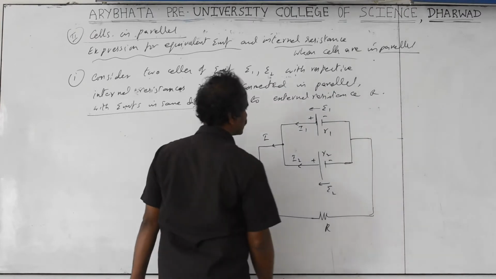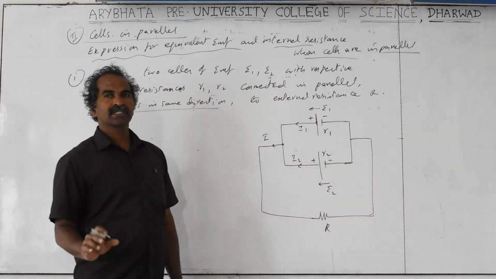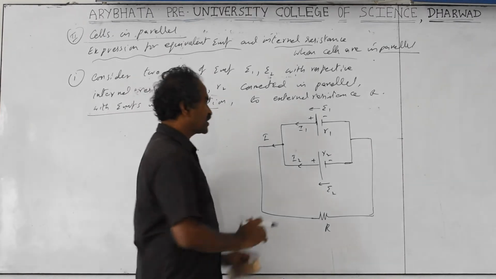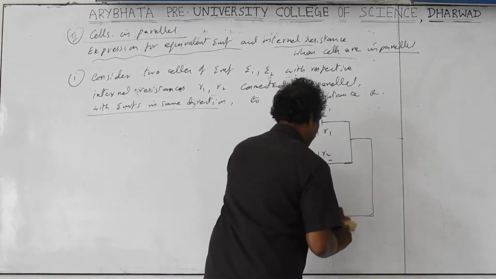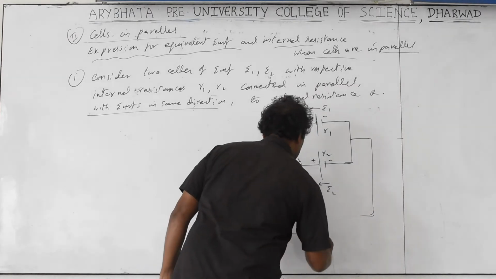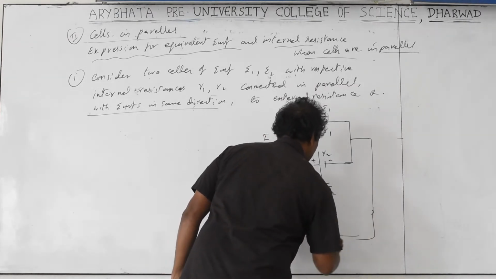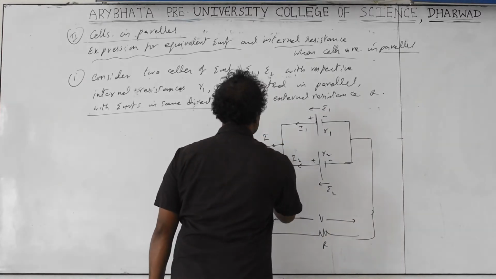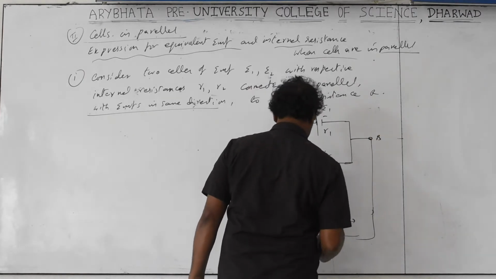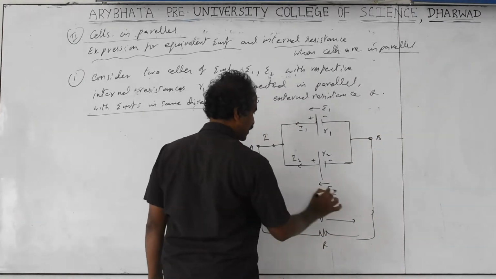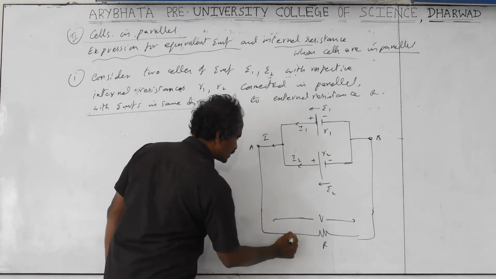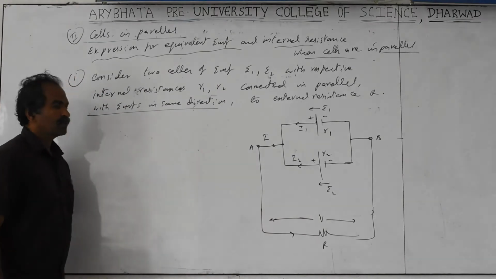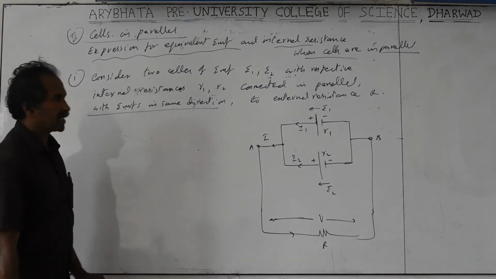So what is the same for parallel combinations? In series combination, current is the same. In parallel combination, what is the same is V. So the potential difference across the combination is V, and V is also the potential difference across the external resistance. I take the points as A and B. The potential difference is V_AB between these two terminals, and current I is passing like this. So V is also equal to I into R. For parallel combination, potential difference V is the same. This point is important in all cases.